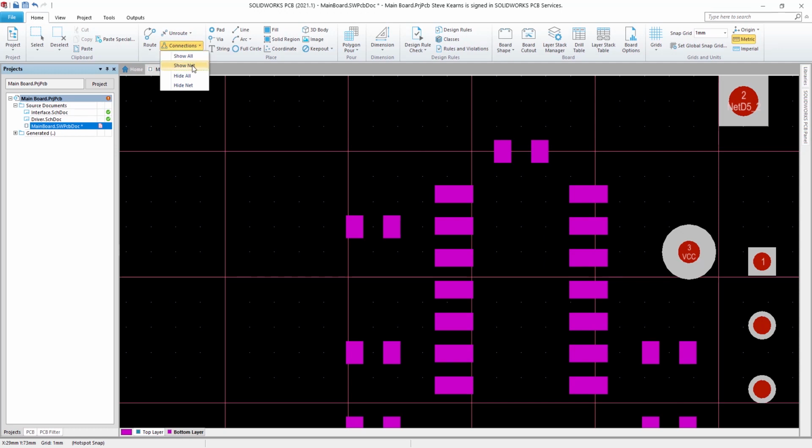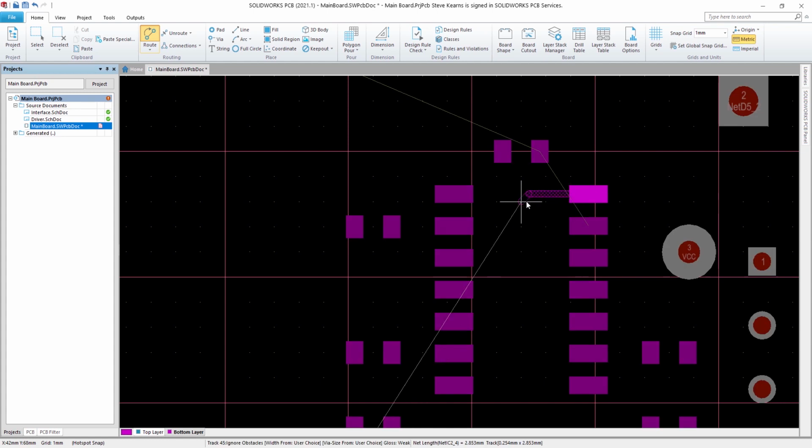I will declutter again to see only the two nets I wish to route by hiding all nets and then showing just those two by selecting pads. Starting the interactive routing from the top pad, I can step back if need be to the previous corner using backspace, so to choose a different path. Using keyboard commands to swap to another layer using a via. Sizes and spacing are controlled by design rules.